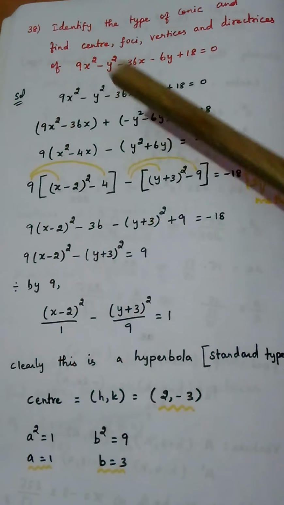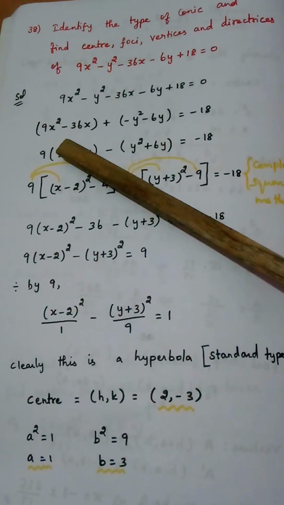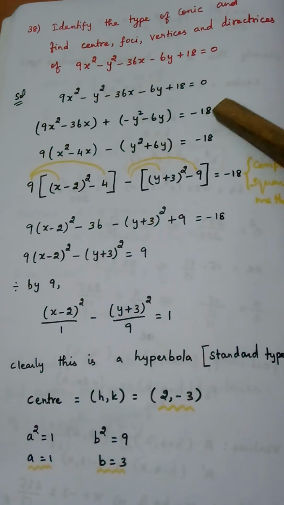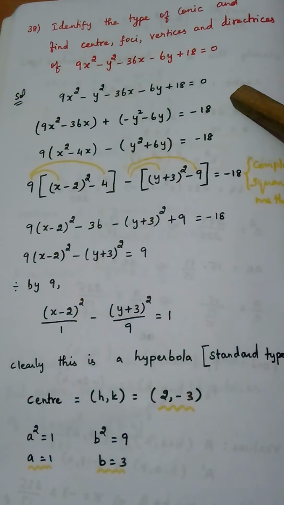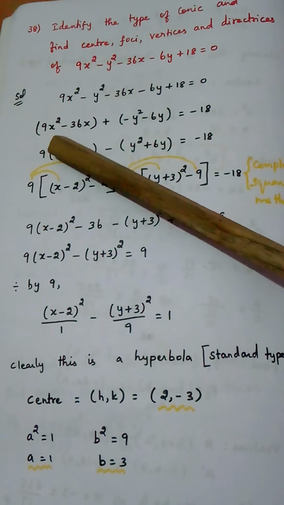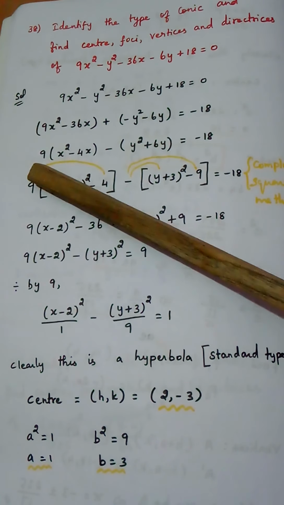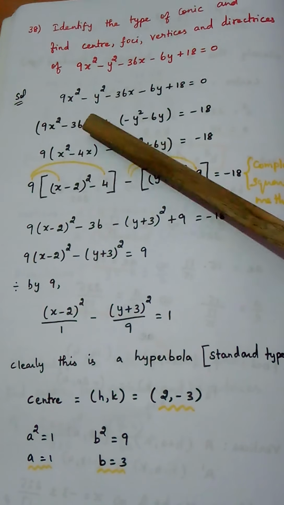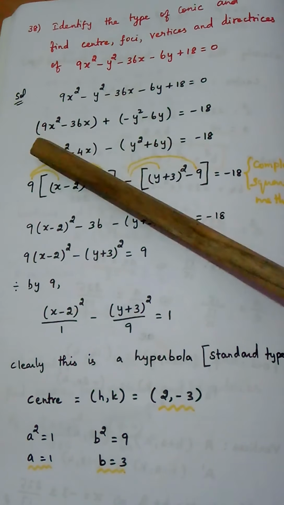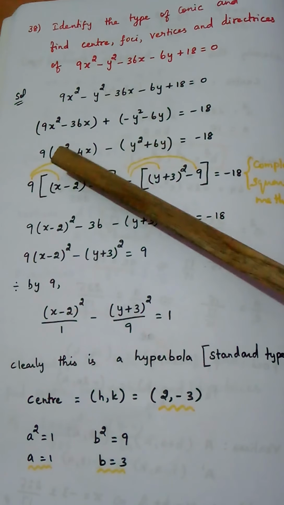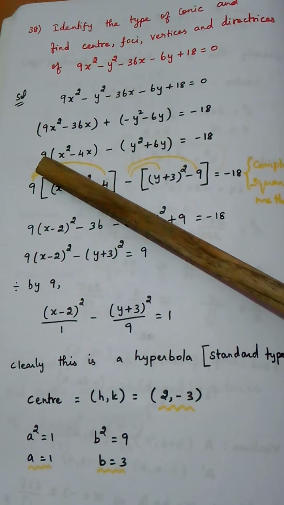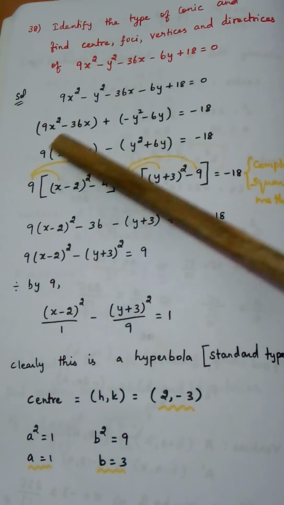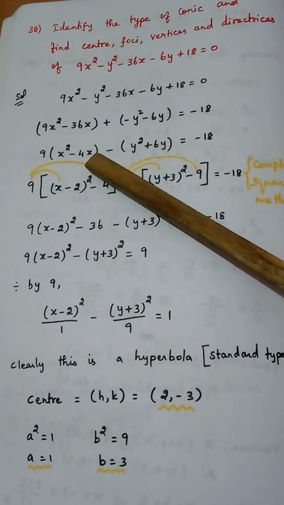Could you able to understand? First combine the x square and x term, then the y square and y term, and then bring the constant to the other side. This is the first step. In the second step, from these two terms, you take 9 as common. Even though x is common, we should not take x as common. Only the number should be taken as common. 9 and 36, the 9 table is common, so I am taking 9 outside. Keep in mind, I am not taking x outside. So 9 into x square minus 4x.